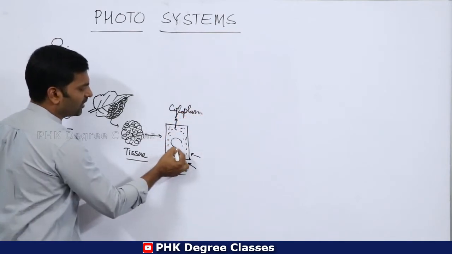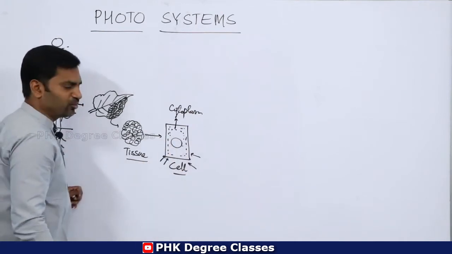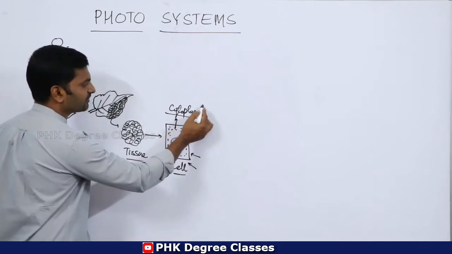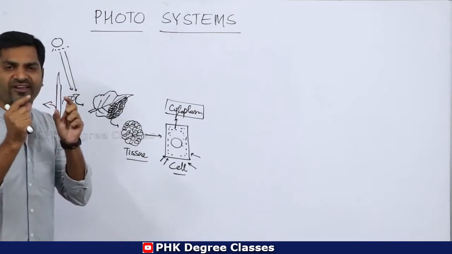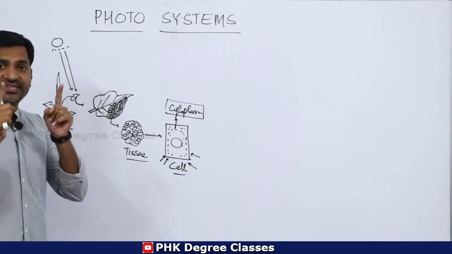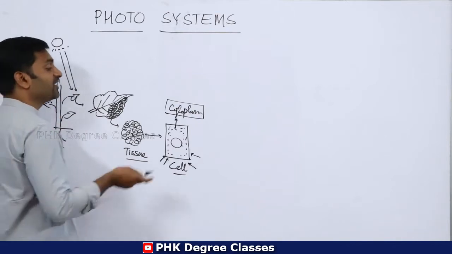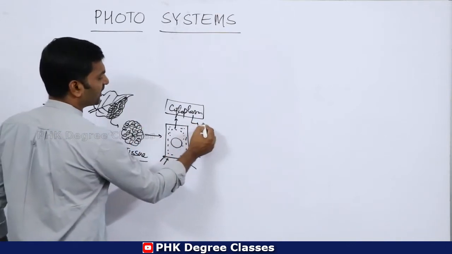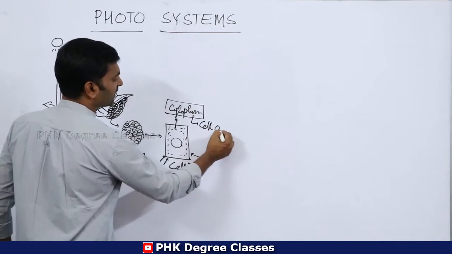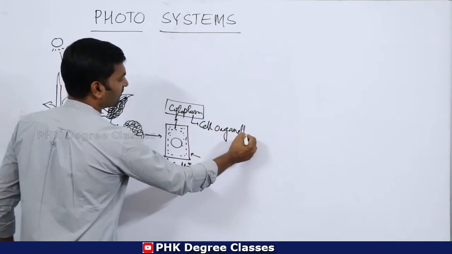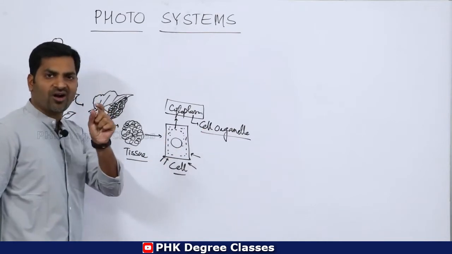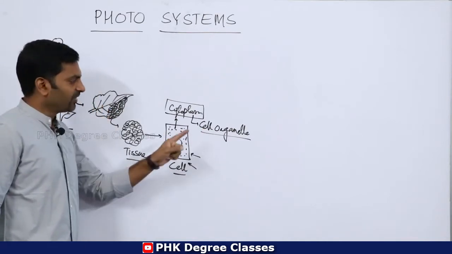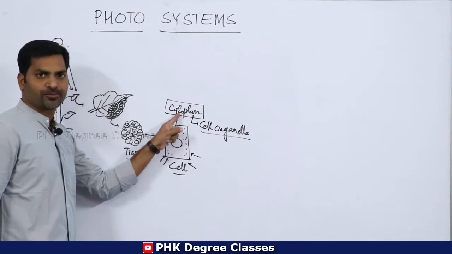There is a nucleus inside the cell. Apart from the nucleus, this cytoplasm has different kinds of smaller structures. Every smaller structure in the cytoplasm is called a cell organelle. A cell organelle is a smaller or specialized structure present inside the cytoplasm of the